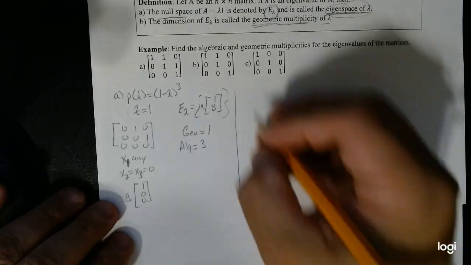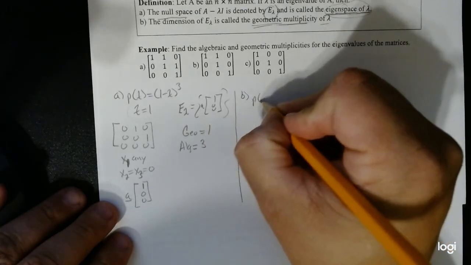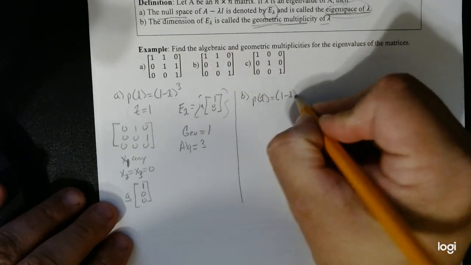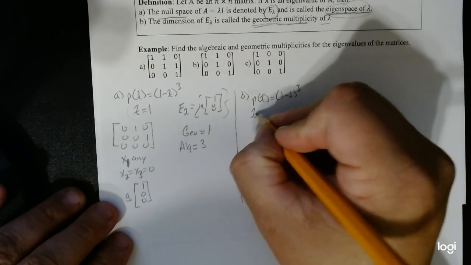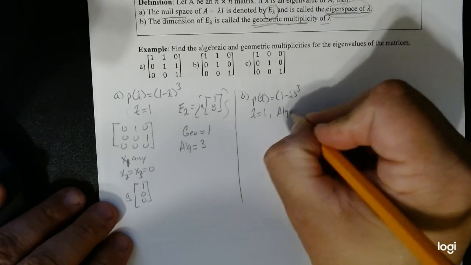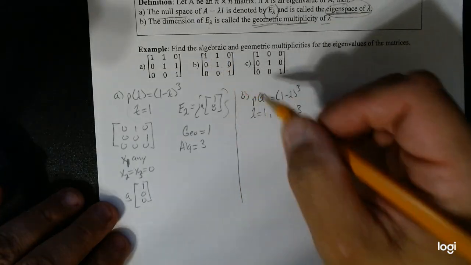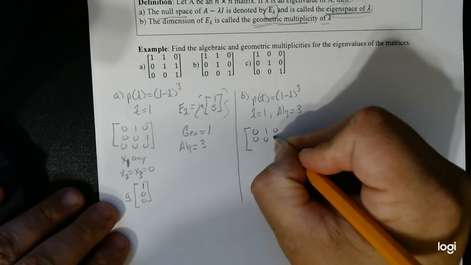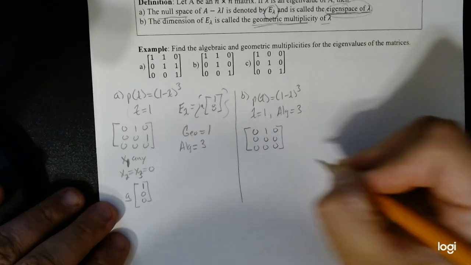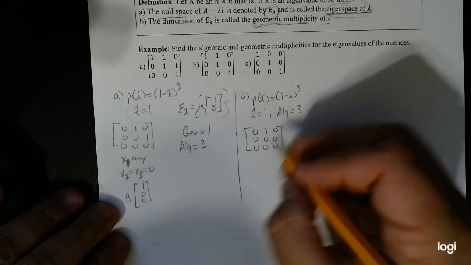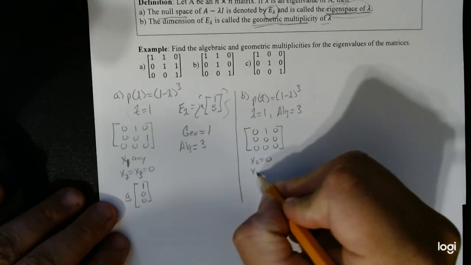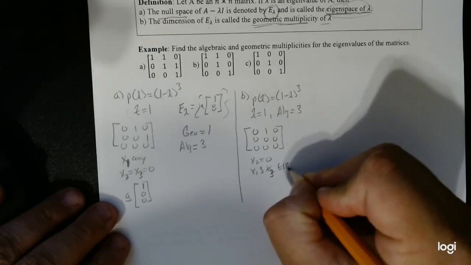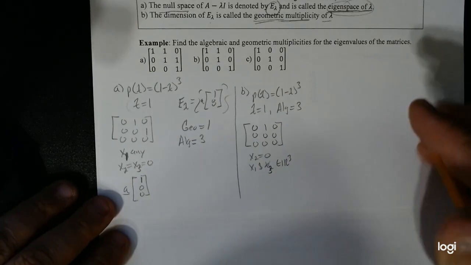Okay, it's matrix B. Same thing, it's already diagonal, so it's going to be the same portion, so we get only 1. Therefore, algebraic again is still going to be 3. Again, we subtract them. We have this. So again, this is saying x2 equals 0, and x1 and x3 are any real number I want them to be. So again,